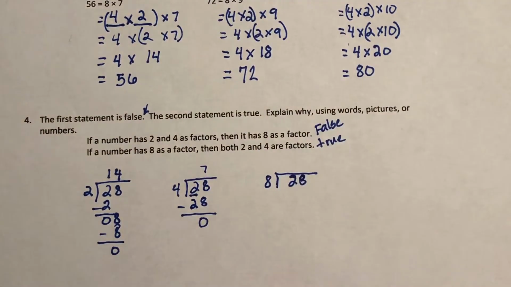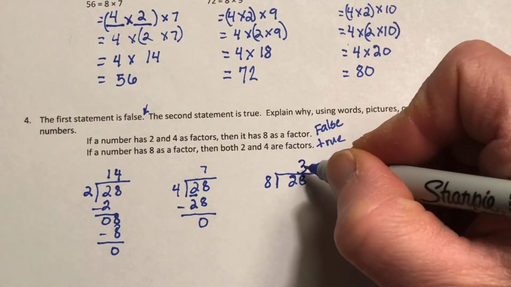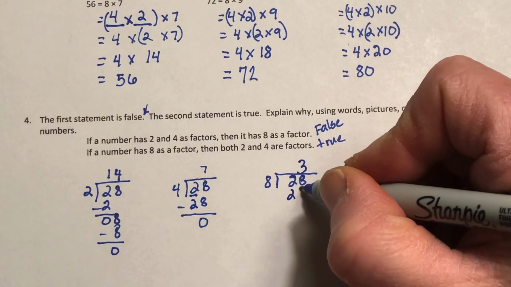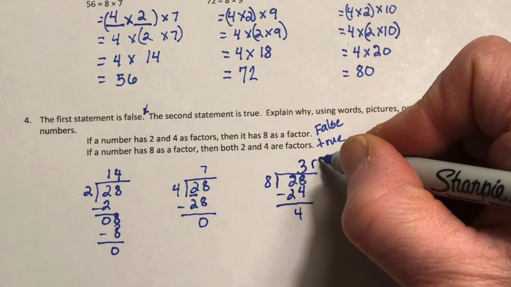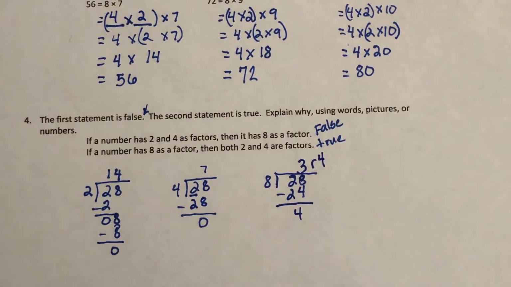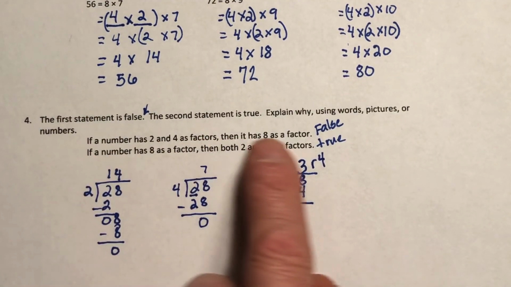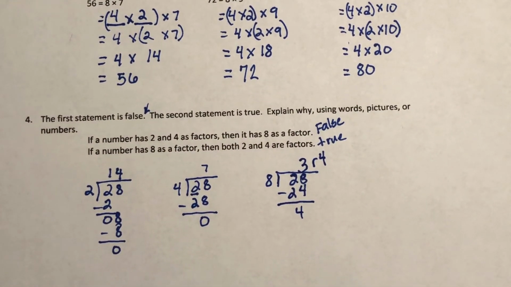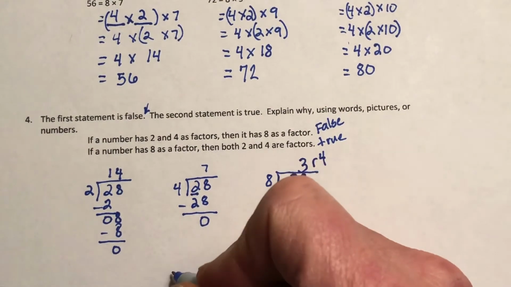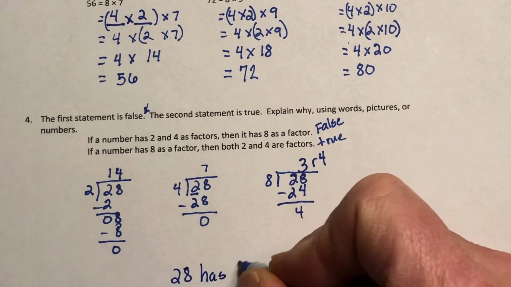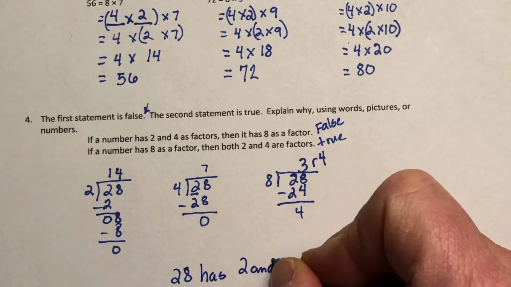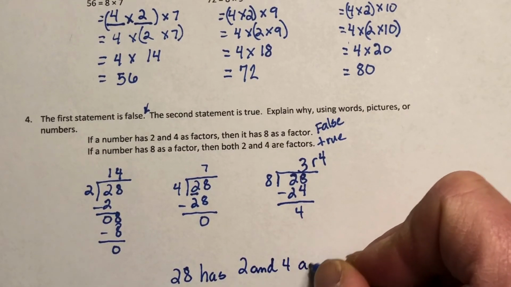Fits in 3 times without going over. 3 times 8 is 24. I subtract, I get 4. See that? Remainder of 4. It doesn't fit. So this first sentence is false. So 28 has 2 and 4 as factors,